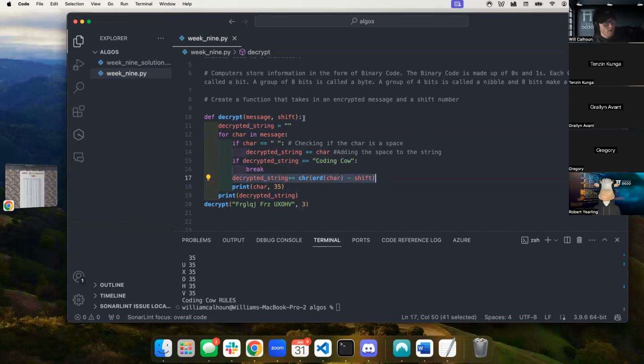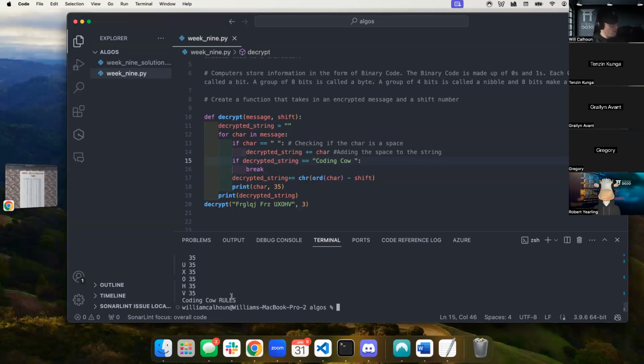The next one is a space, right? And so what's happening is because these two lines are before these two lines, my string is now not coding cow, but coding cow space, right? It added that here. So now if I run it,